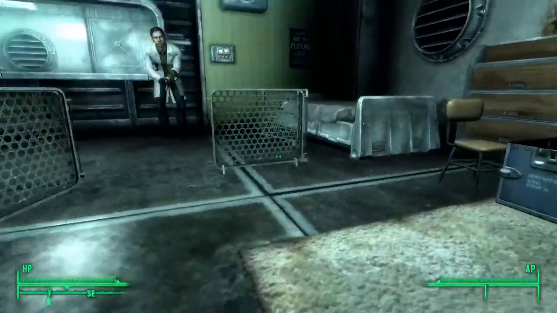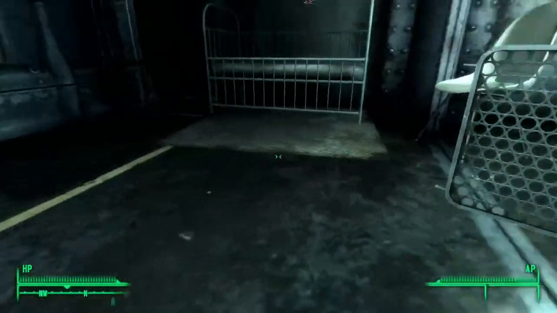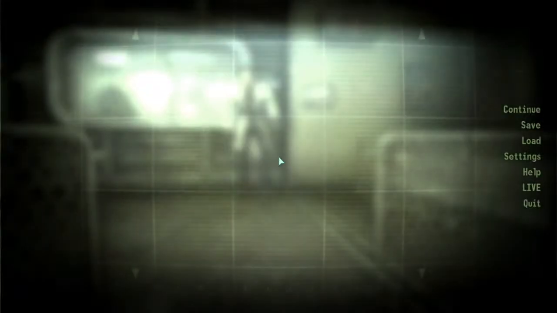So that turned on debug text, but I don't see it showing the frame counter. Can I save it right here? Yeah. Let me save it right here real quick. And we're going to call it new save. And then I'm going to quit the game real quick because